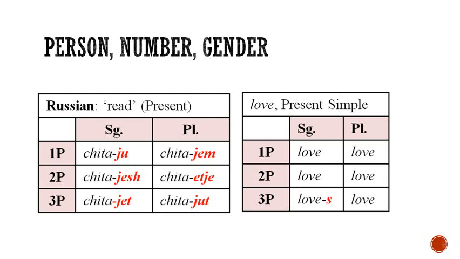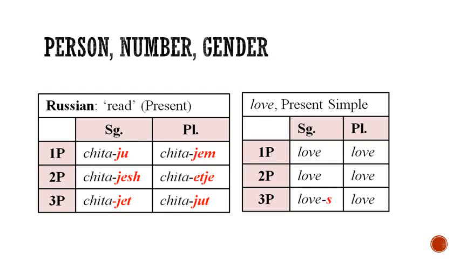So I читаю, we читаем, you читаешь, singular, or читаете, plural, he, she, it читает, they читают. So there's a lot of possibilities in Russian that we don't have in English, so it's much more complicated and you need lots of charts when you're learning Russian. Now, you'll notice here that even in Russian and in English, gender is not affecting the forms. Gender does matter for a lot of the grammar of Russian, just not here and not in the present tense,